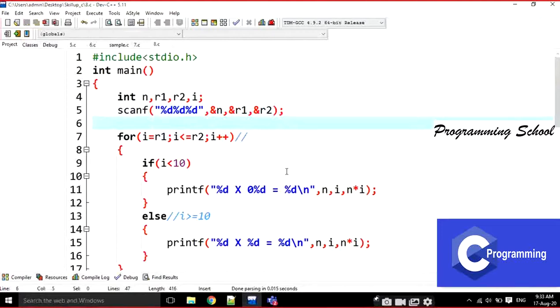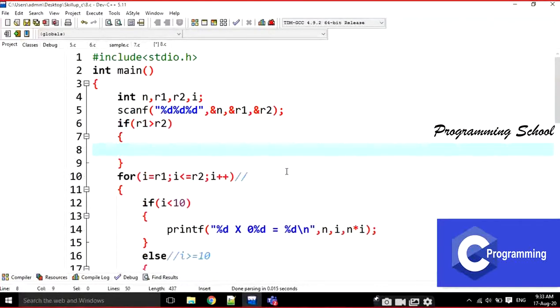What am I going to do when R1 is greater than R2? For example, R1 is 10, R2 is 5.